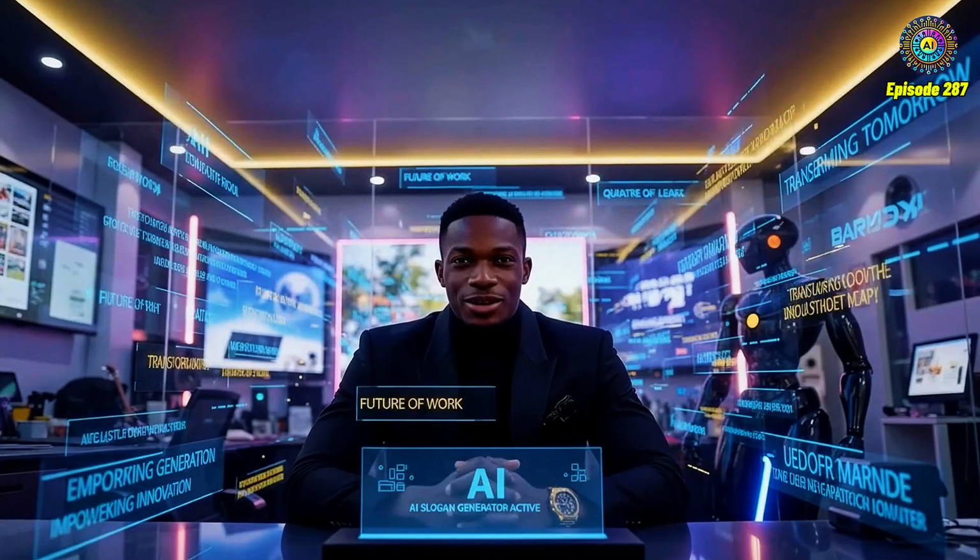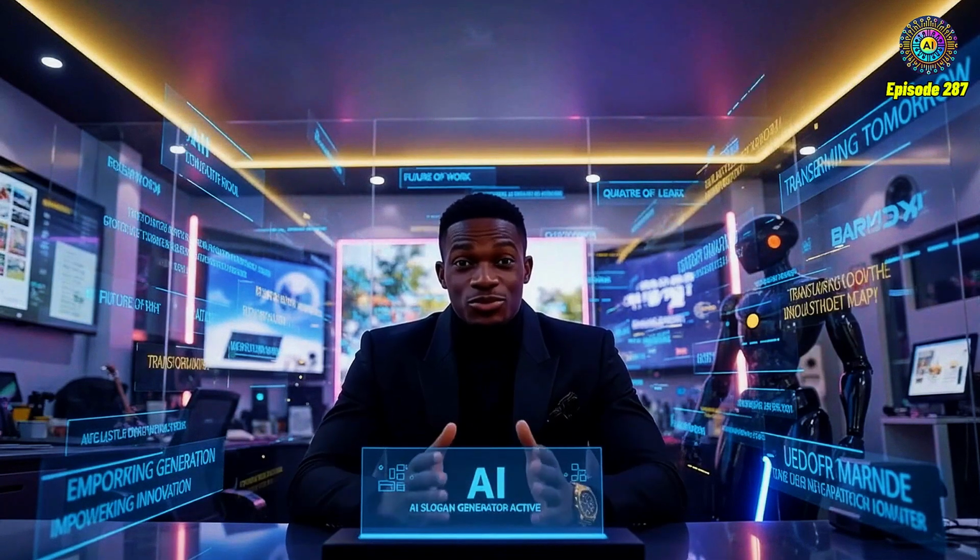Surfn AI is a platform that allows you to create agents and AI agent pages for different kinds of use